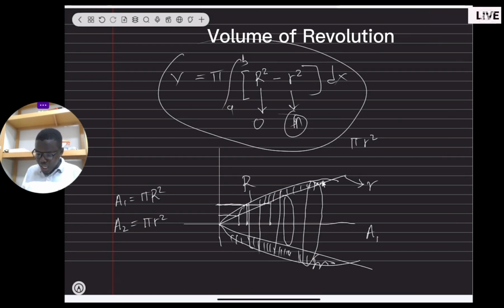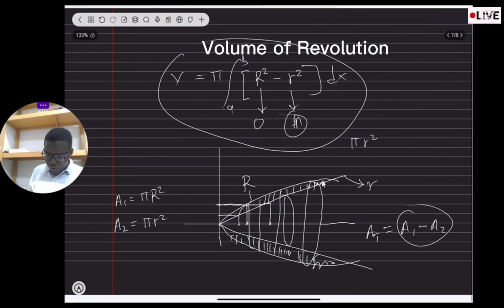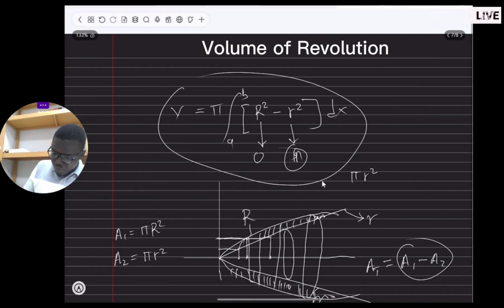So in that case, the total area is equal to area 1 minus area 2. And in that case, let me put it here, the total area is equal to area 1, which is pi R squared, minus area 2, which is also